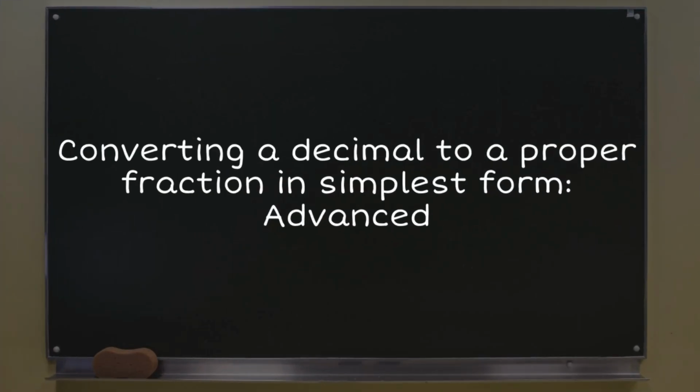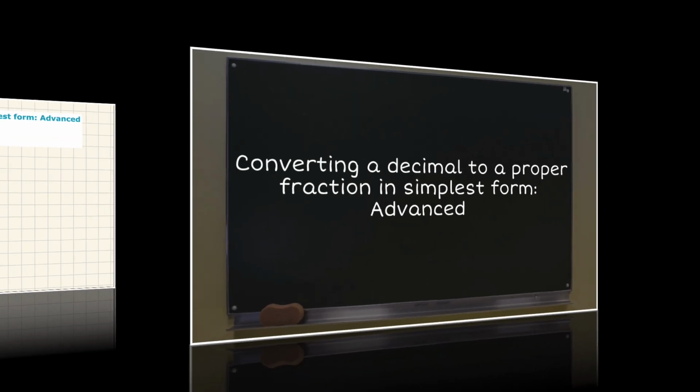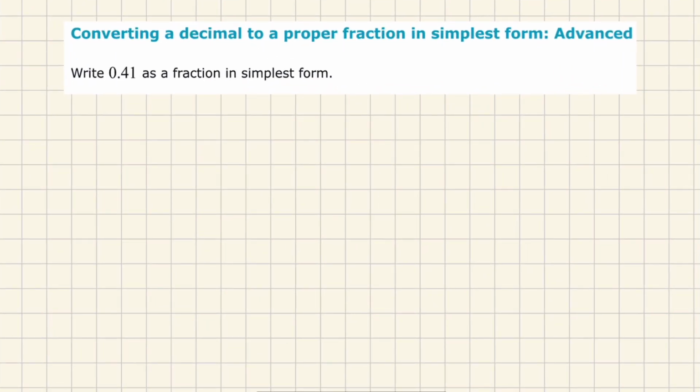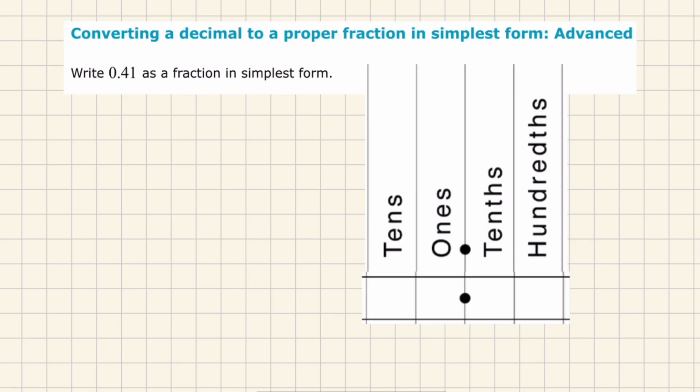Converting a decimal to a proper fraction in simplest form, advanced. Here we're given the number 0.41 and asked to write it as a fraction in simplest form. I'll start by looking at our place values. We have 0 in the ones place, 4 in the tenths place, and 1 in the hundredths place. So writing this as a fraction, there's no whole number part. We have only the